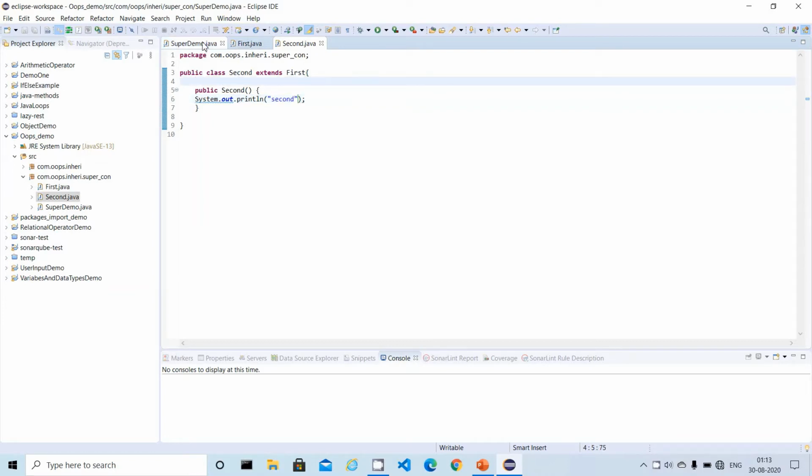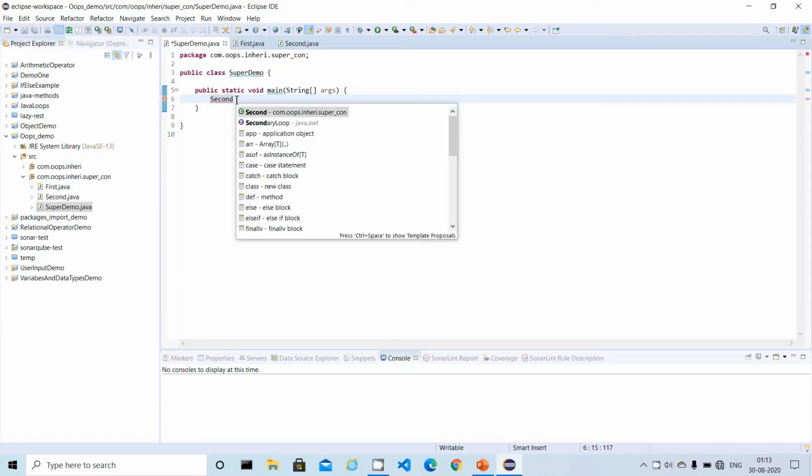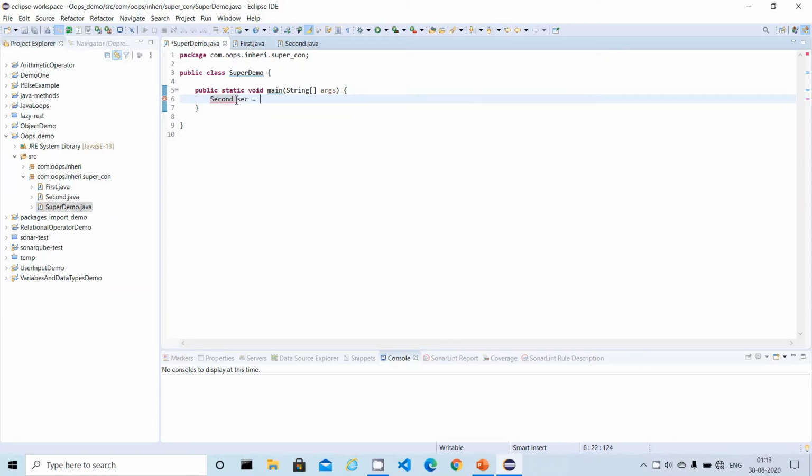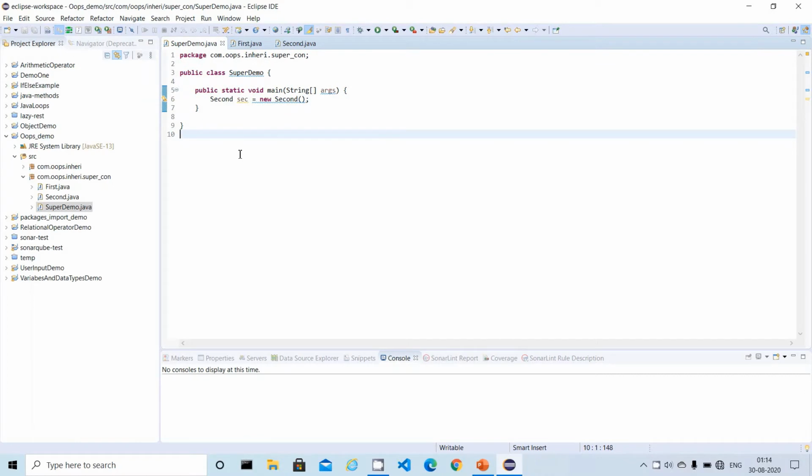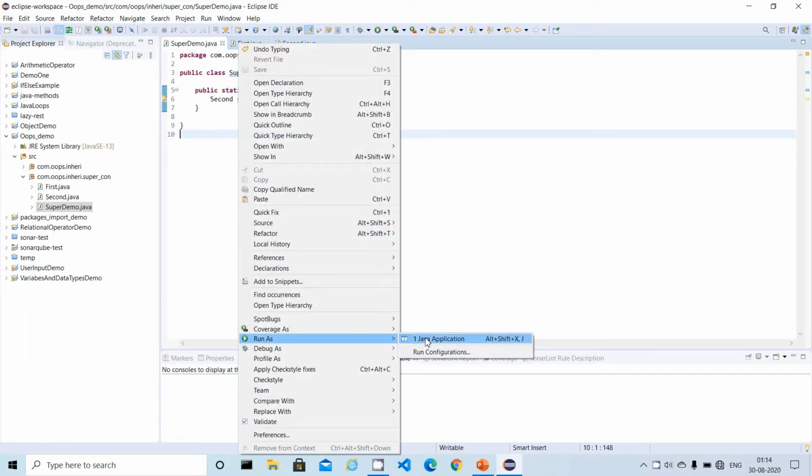Let me create a simple object for this subclass by using the new keyword. So I have created an object for the subclass, and let me run this program, and we can see the constructor invocation, and then we can understand how the constructors will be invoked.